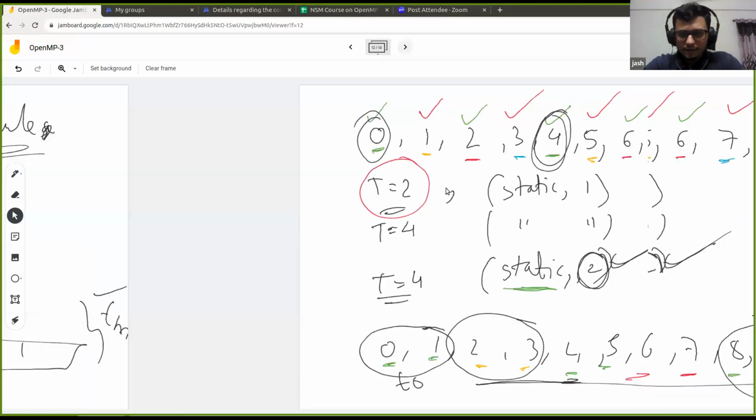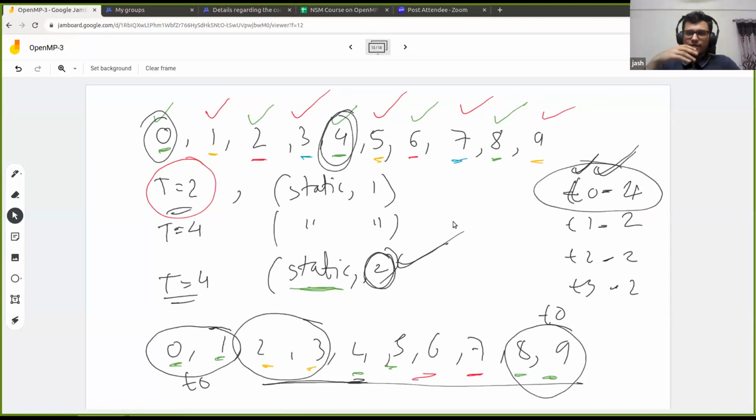So still there can be some imbalance in the amount of work that each thread does, but in general, it is better than specifying no schedule at all. In this case, you can get some level of load balancing done when you divide the work in round robin manner. Any questions so far? If there are no questions, then let us move back to our slides.